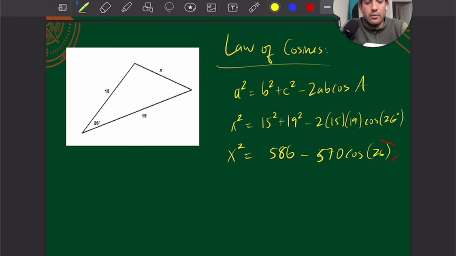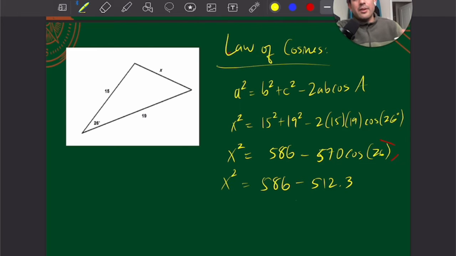570 times cosine of 26. All right, that was 586. Whoops, 570 times cosine of 26. I wrote my answer wrong. I got like a big number and it was going to be negative. Don't want that. 586 minus